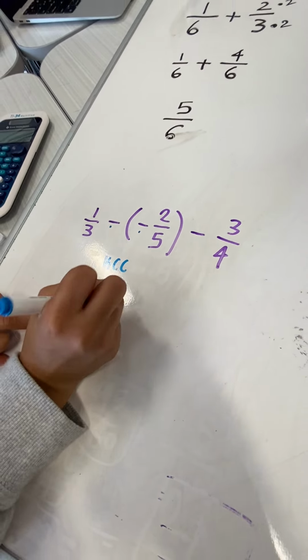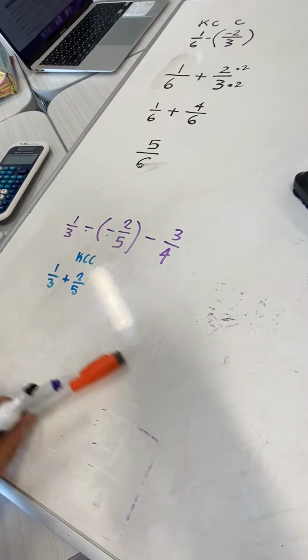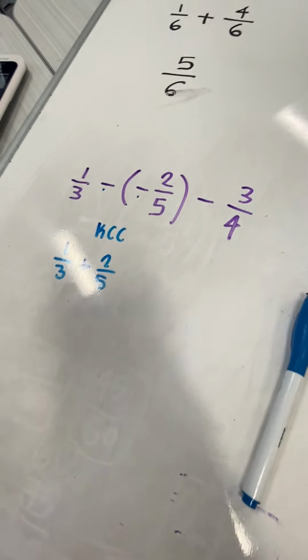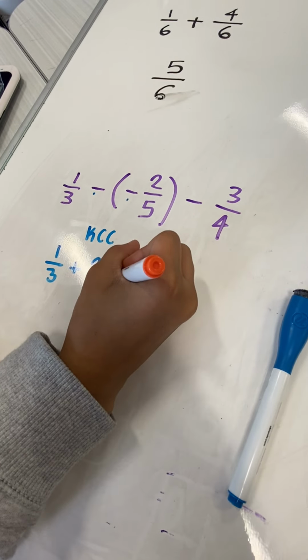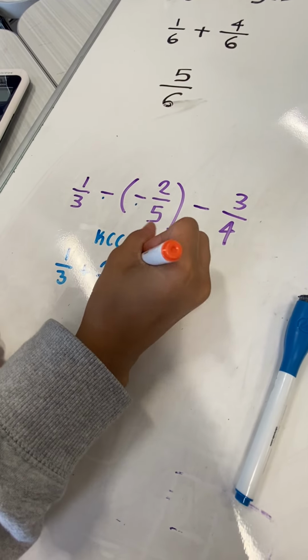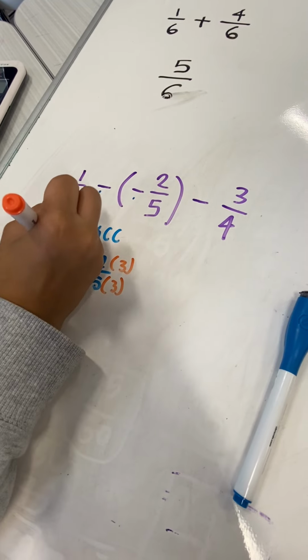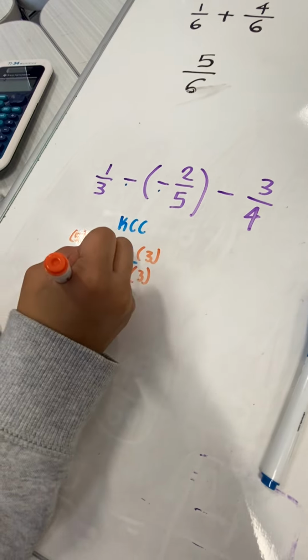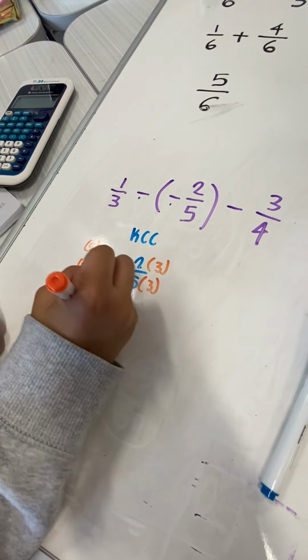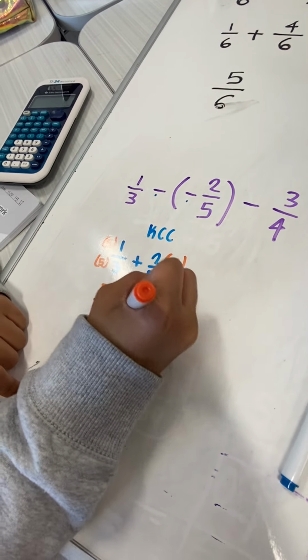Then you have to change the denominators. Here, use a different color. Nice work. You have beautiful handwriting. I'm so proud of you. So then we could do this times 3, and this times 5. That's the same thing. And then this one will turn into 5/15